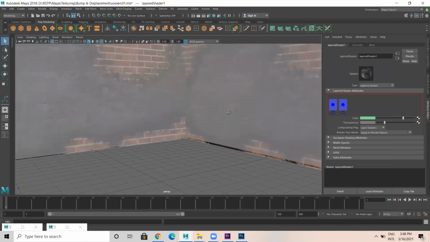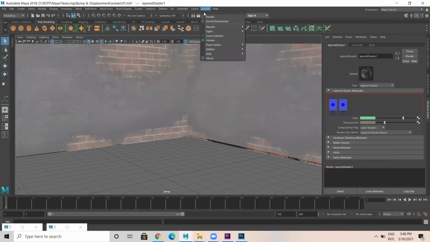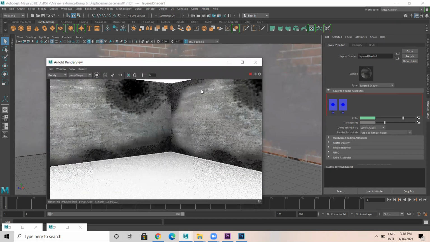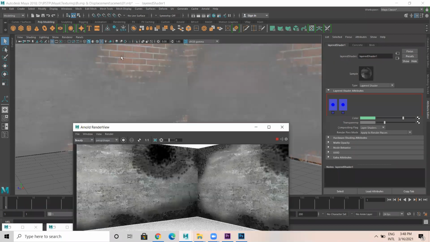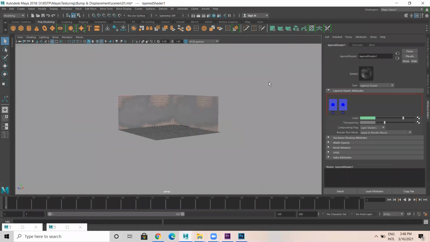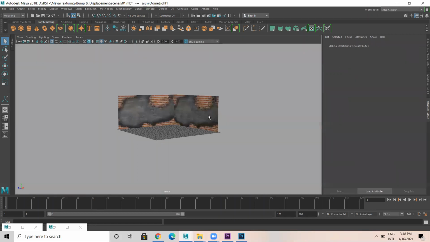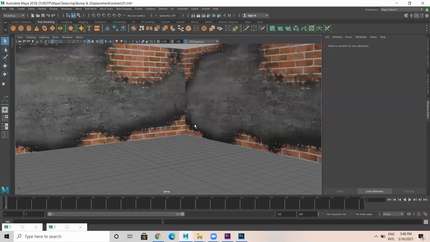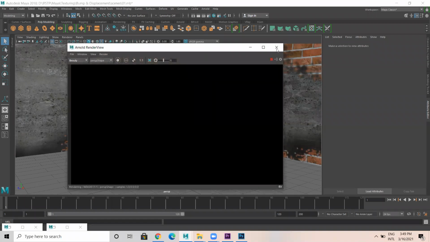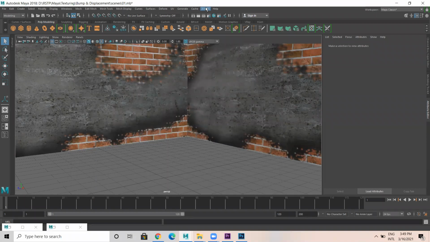Now, if I render this using Arnold renderer, I'm able to see it like this. In the viewport, it is already there. I'm able to see this in the viewport. I'm not able to see it here. No light. I can take some other light.